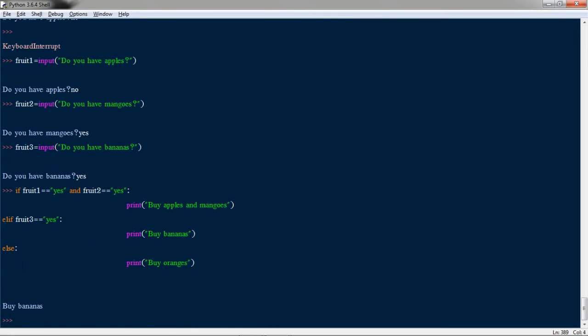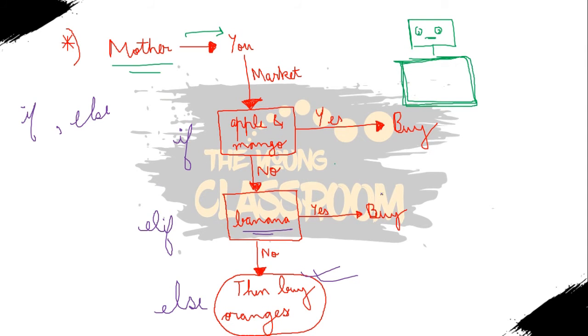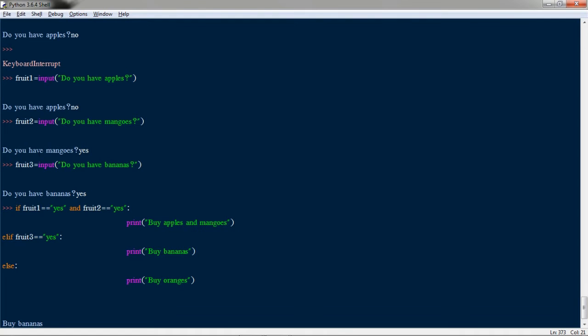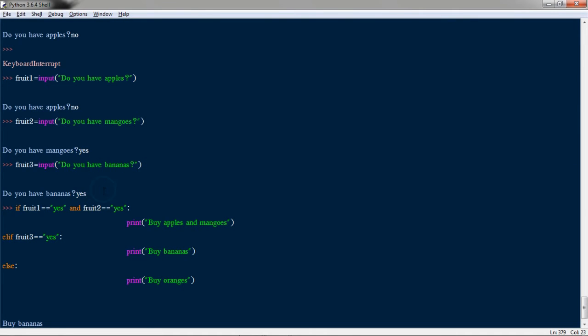You can see this time, in the first case, the robot asks the shopkeeper, do you have apples? He said no. Do you have mangoes? He said yes. But my mother had told me to buy them only if both are present, so the robot understood that it doesn't have to buy them because apples are not present. My mother had also told me to check if bananas are present. If bananas are present, then buy them simply. So the robot asked, do you have bananas? The shopkeeper said yes. So the robot understood that if bananas were present, it had to buy them, and you can see the robot has bought the bananas, right?